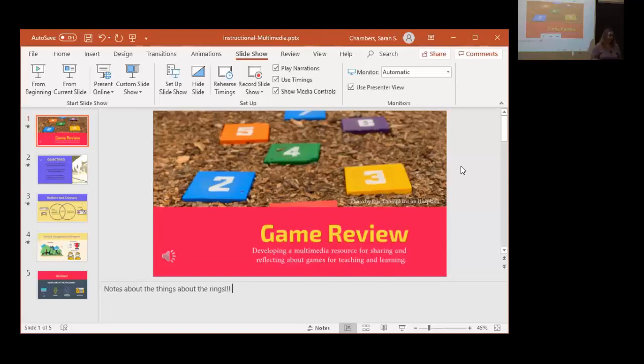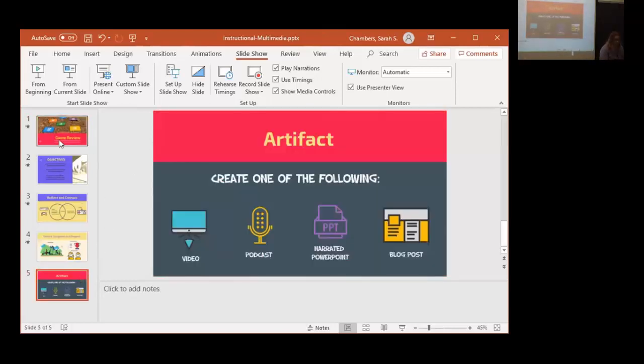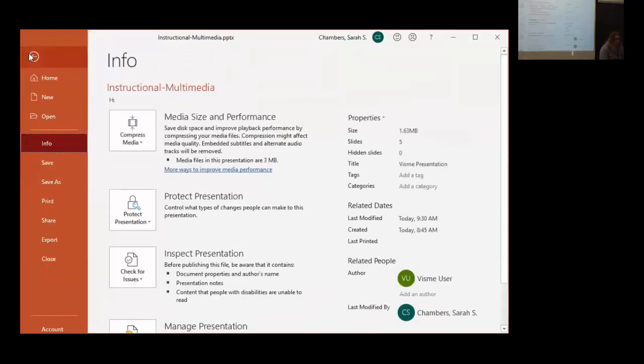So there are some ways to compress the audio to just make the files a little bit smaller. It probably is not going to make them a ton smaller, so I just want to throw that out there, but it will do a little bit to clean up your PowerPoint. So once we've completed our PowerPoint here, we've got all of our audio in, right? We've set it up, it's all set. I got all my little artifacts in there. I'm going to go to File,